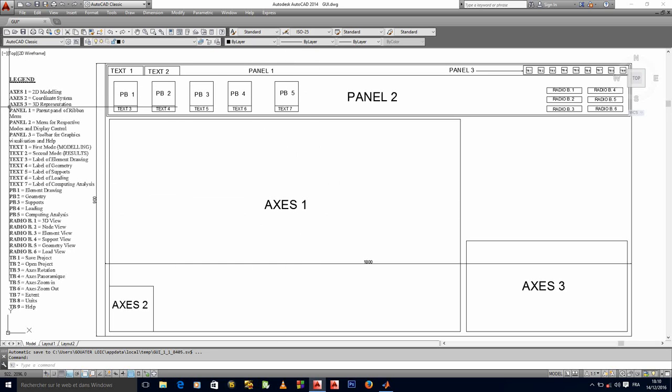And I have a legend right here. The legend represents the definition of each of these particular types. The axis 1 here will stand for 2D modeling, the axis 3 here will stand for 3D modeling, and so on. All of it is listed right here. So I will not use pen and paper again.